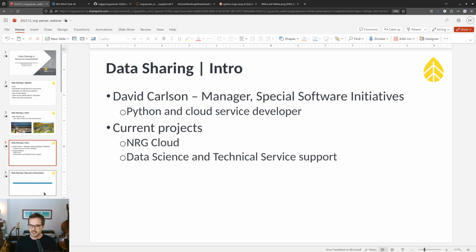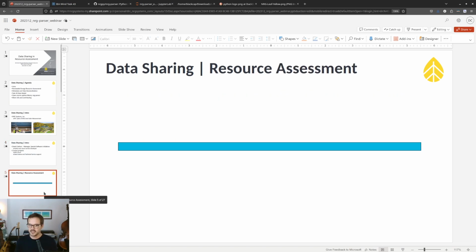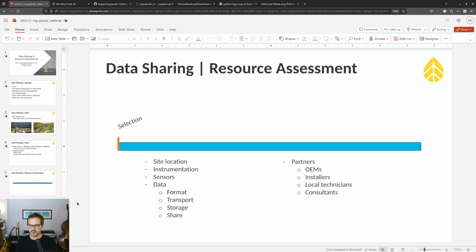So jumping right into resource assessment. When I say resource assessment in these slides, I'm really talking about renewable energy resource assessment, so solar and wind. You can think of resource assessment as happening over time, so you've got that horizontal line. There are different phases. There's the selection phase, which is where everything starts, and that's where you choose where you want